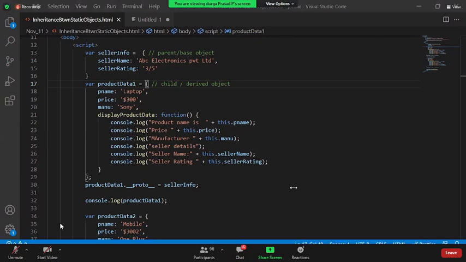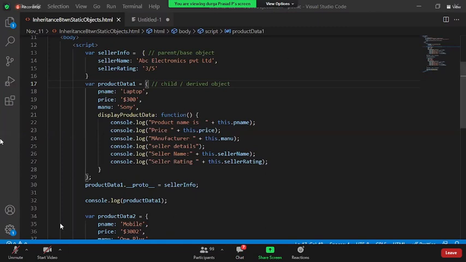Any questions? Okay, in between, I have a question from Nikhil. Sir, using the spread operator, which is triple dot, we can copy the data. That is what I said, Nikhil. Inheritance is not the concept of copying the data of one object into another. Inheritance is the concept of pointing to a different object from the current object. I'm just getting a capability, that's it.